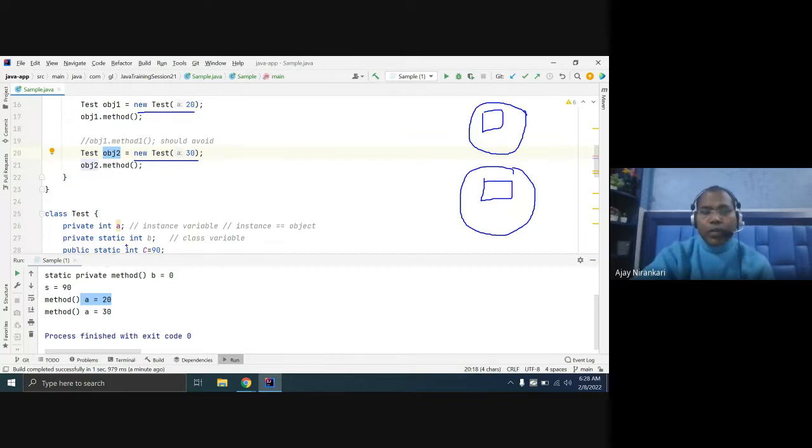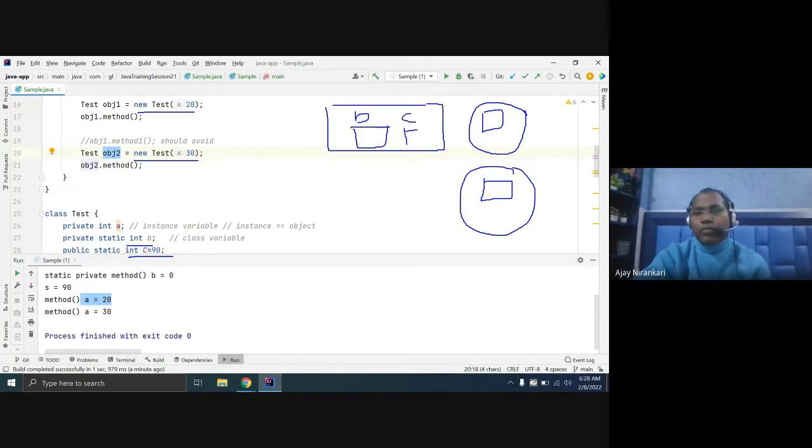But what happened for this B and this C? They have one common memory place, known as the meta space, and here they are storing your B variable value and your C variable value. They are bound to your test class.